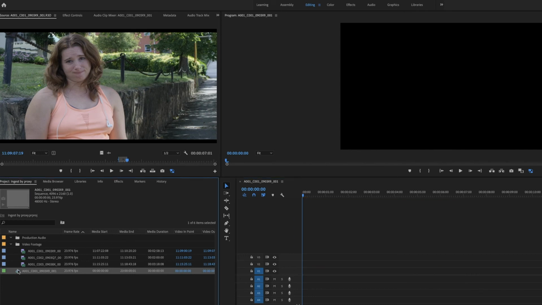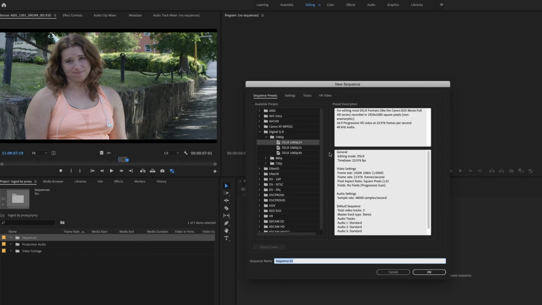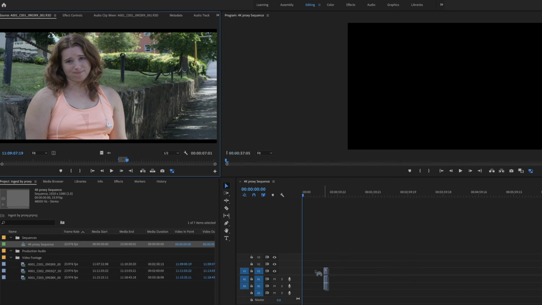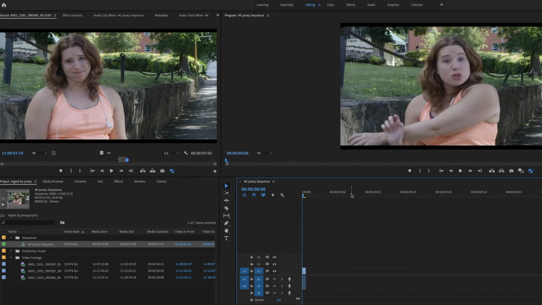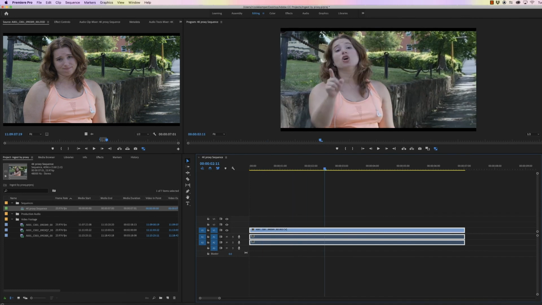Let's go back here. Let's be intentional about this and create a sequence. And we're going to watch this trick where it asks me if I want to create a sequence using my clip settings. There we go. All right, let's grab this and drag it in there. Let's change the sequence settings. Great. All right. So now that I've got my clip in there, you'll see again, I can add this button